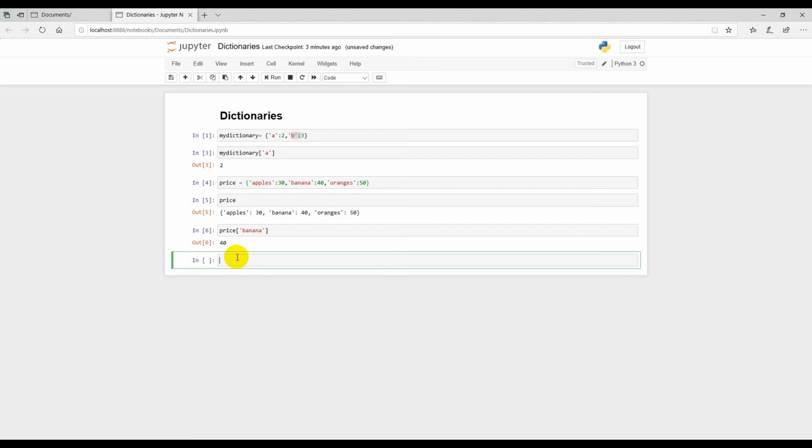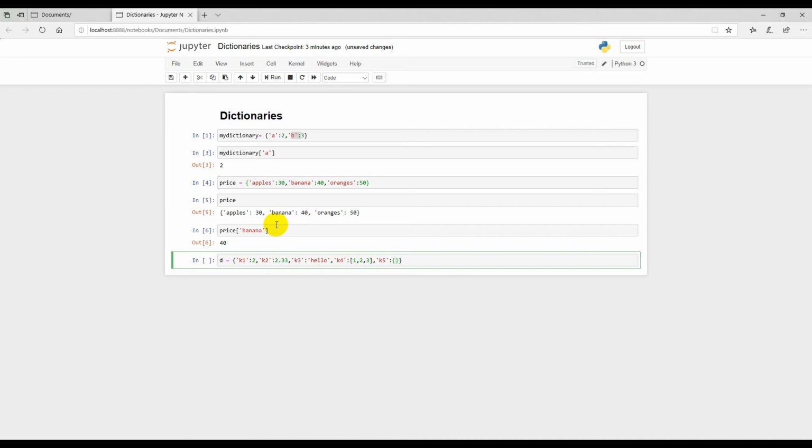I'll show you how. Let's say d is equal to, I have the curly braces and the first key will be k1 and the value will be an integer, that is 2, and the second key k2 and the value is a float, that is 2.33, and the third key k3 and the value is a string, that is hello, and the fourth key k4 and the value will be a list, that is square brackets 1, 2, 3, and the last one k5, the value for this will be a dictionary again.